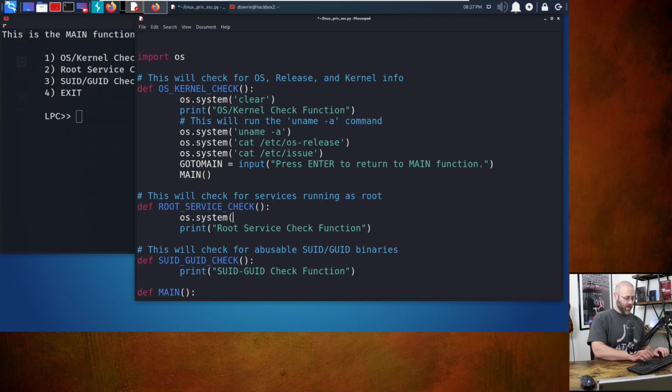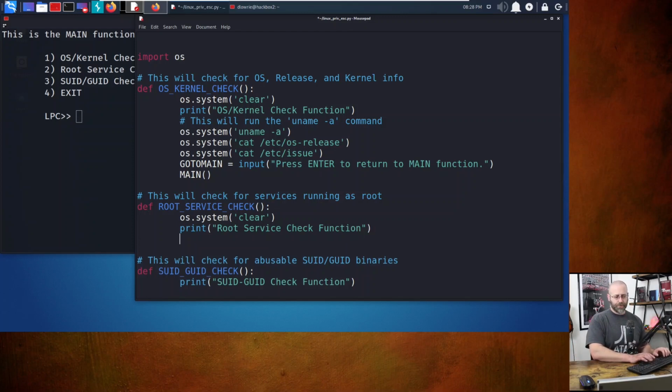os.system, clear. I'm feeling very Pythonic right now, like Python. Yeah, get it, Python. Let's see here. And right now it will just say that, and then we'll give it the go to main function as well, which I guess we could make a function. We'll call it go to main. Let me